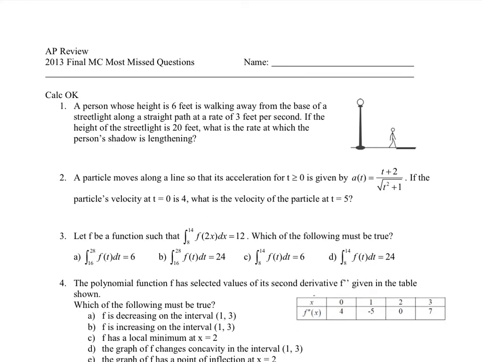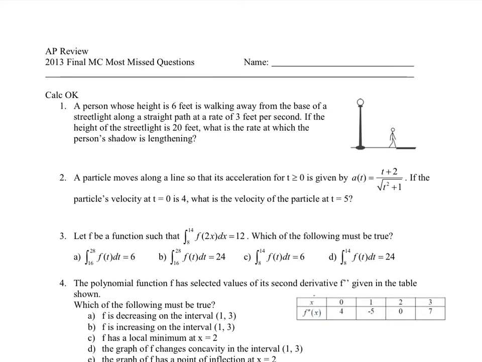On this first problem, it says a person whose height is 6 feet is standing away from the base of a straight light along a straight path at a rate 3 feet per second. If the height of the straight light is 20 feet, what is the rate at which the person's shadow is lengthening? So we've got a person here, and we've got this situation going on where we've got that,